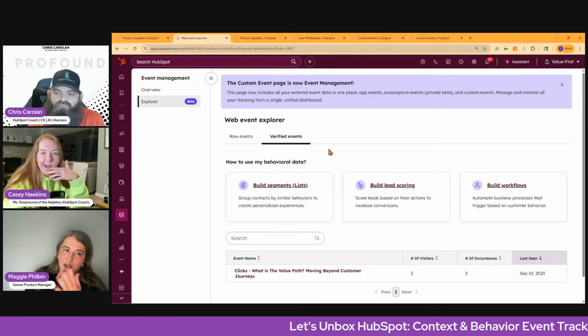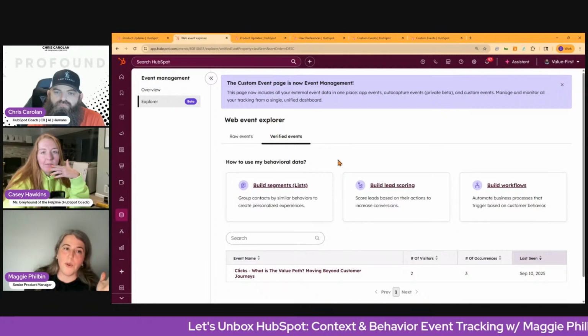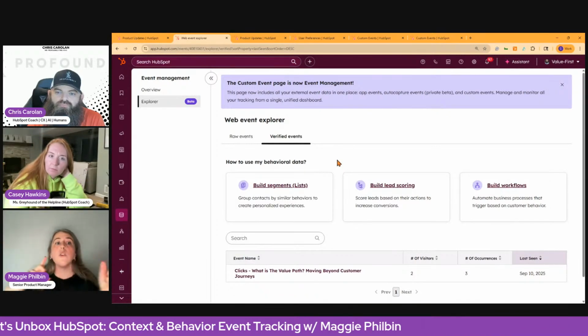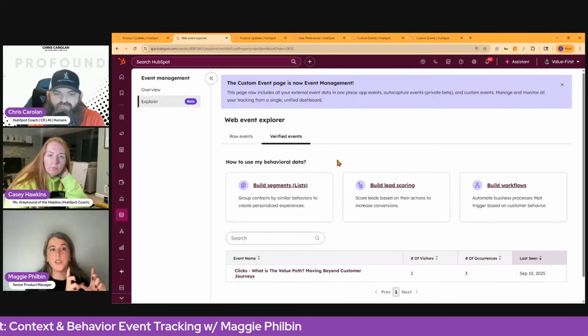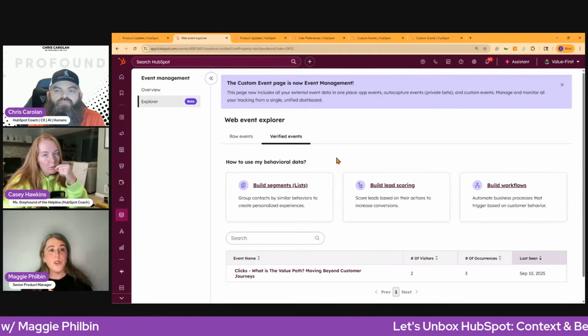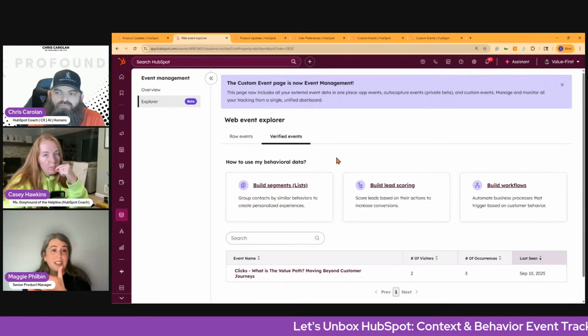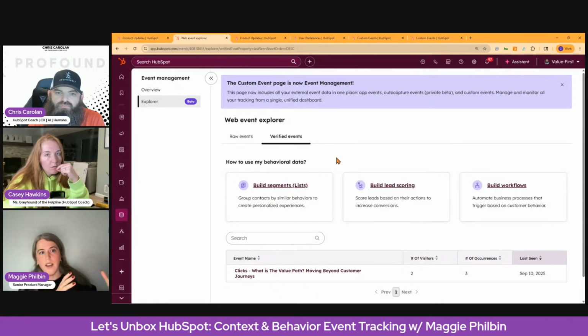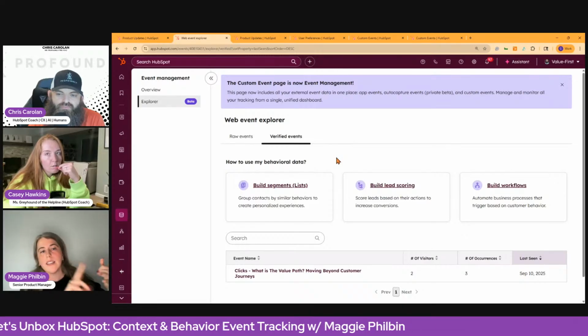So it's like starting from whatever day you requested this moving forward. But in perpetuity, when you verify an event, we grab 90 days of historical data and we move it on over into your verified event. So as soon as you decide, I really want to track this thing, you automatically have a quarter's worth of data to go build your report right away, to send your workflow right away.